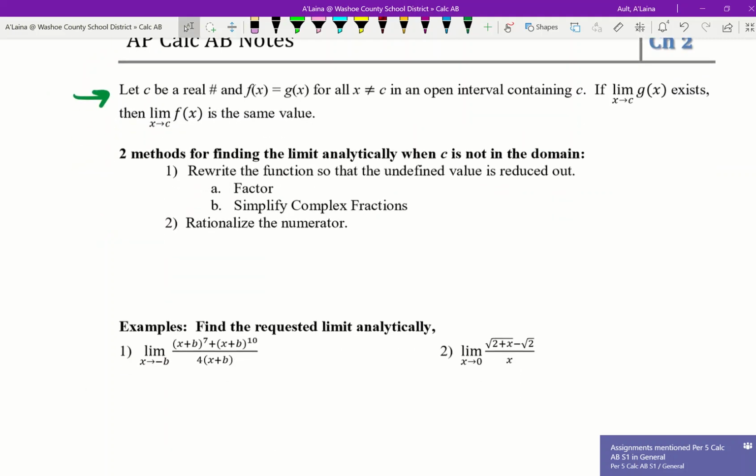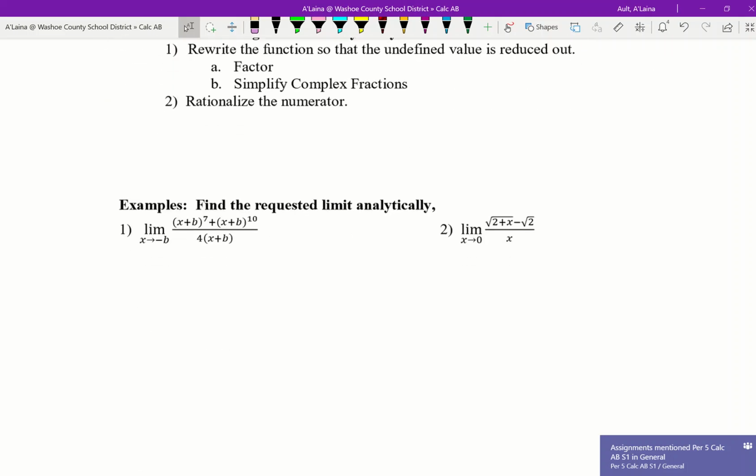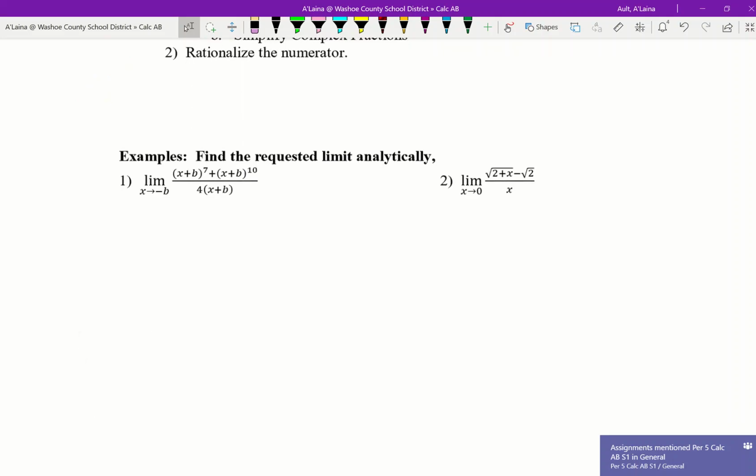The first one is to rewrite the function so that the undefined value is reduced out. Usually that's through factoring. You can also simplify really complex fractions by getting a common denominator. The second strategy is unusual. It's to rationalize the numerator, which can be surprising. You have some experience rationalizing denominators, but rationalizing a numerator may not be something that you would